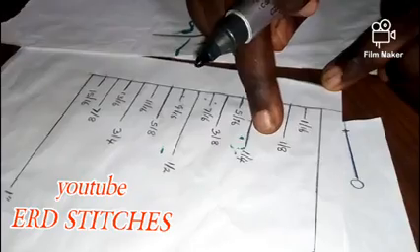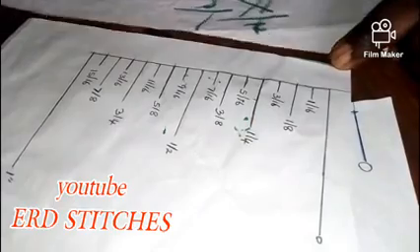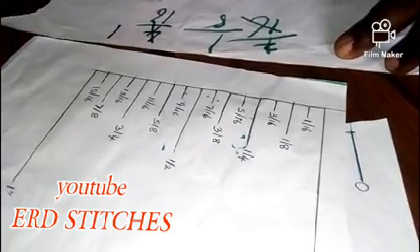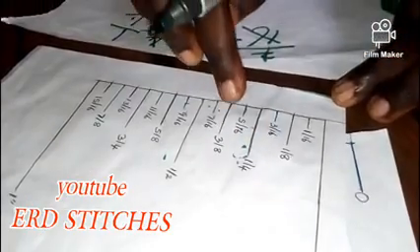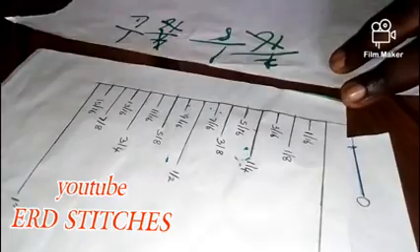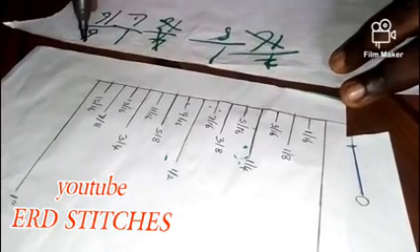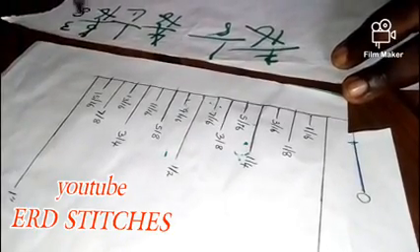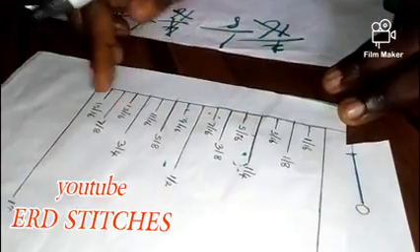So we have 3 over 16. Here we have 1/4. So 1/4 here is supposed to be 4 over 16. Let's work it out. 4 over 16: 4 divided by 4 is 1, 16 divided by 4 is 4. So that's why we got this 1/4 here. Then here we have 5 over 16. Here we have 3 over 8. 3 over 8 is supposed to be 6 over 16. When you divide 6 by 2, it gives us 3. Divide 16 by 2, it gives us 8. That's why we got 3/8.